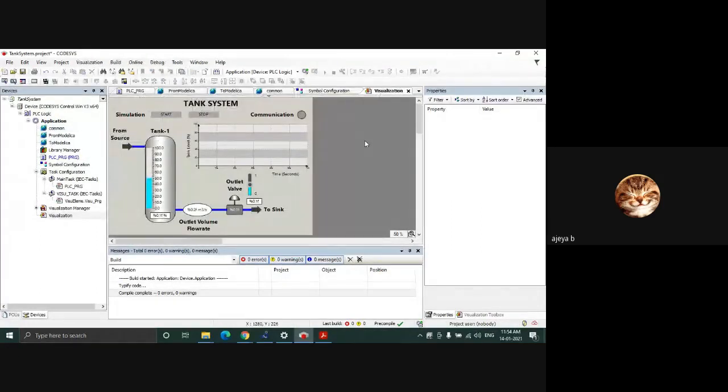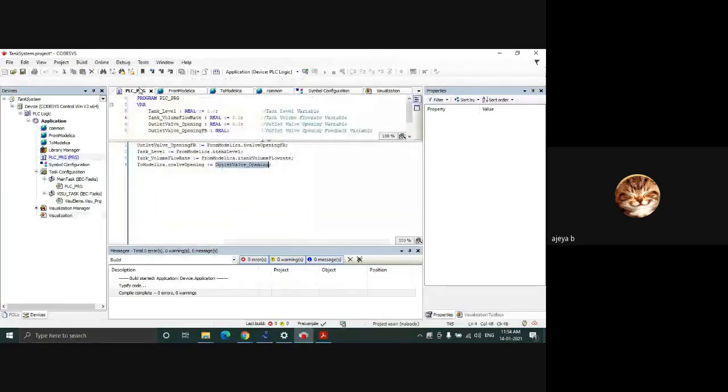So now I'll run the system. First I'll run the CodeSys side and show the visualization with dummy data, that is, with no data coming in from Modelica. The first thing is to build and see if there is any error. There is no error, so it is okay.